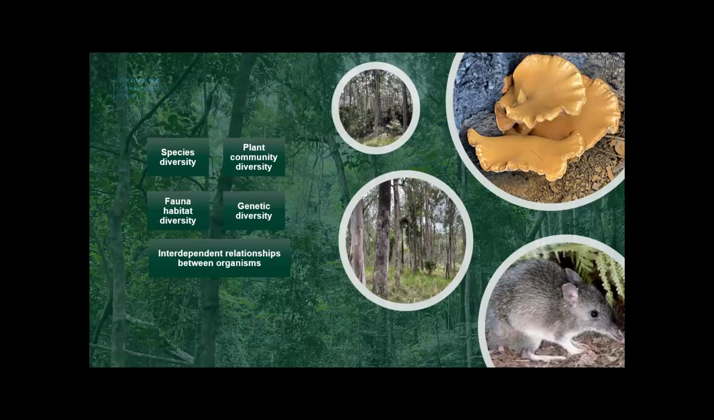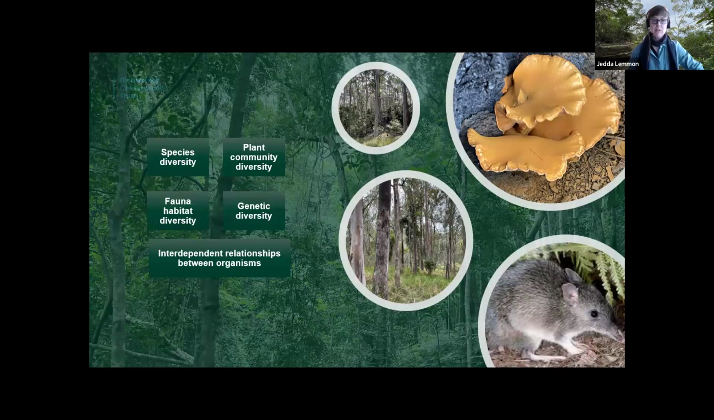So that includes a whole host of complexities like species diversity, fauna habitat diversity and structural diversity, genetic diversity when we have healthy big populations, and all the complex interdependent relationships that occur between those organisms and ecological processes. And all of you would know that living in a healthy ecosystem is not just about living in one